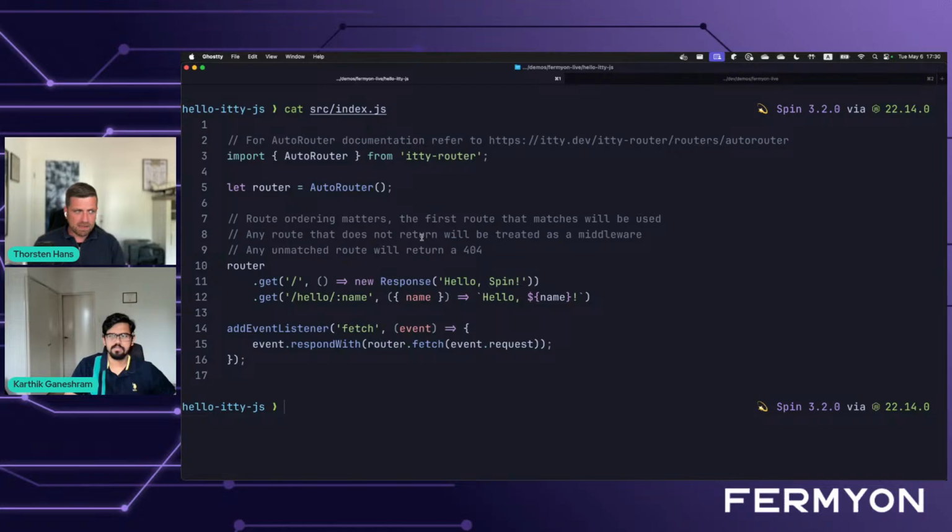Besides updated templates, Karthik, do you want to do a quick explainer on what we changed with the latest release? Yeah, the biggest change I would mention is that now we have modularized the SDK. Previously, we were bundling all the spin functions like the key value store, the LLM, the SQLite into one giant package, which meant that whenever you were building an application using the SDK, the resulting component had imports for all those interfaces,